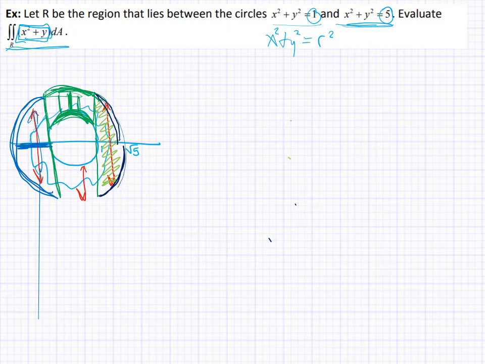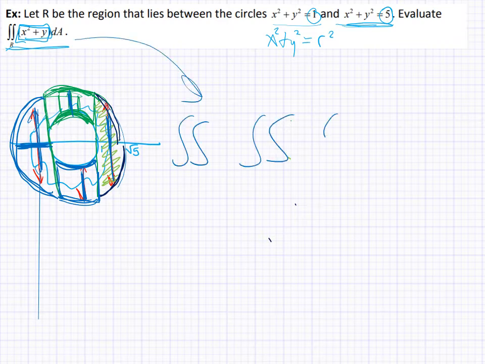And then here and here would be another region. I would have to do this because the y interval and the x intervals would be changing in each one of these spaces. So if I wanted to do this, I would essentially have to do 4 different double integrals all added together,